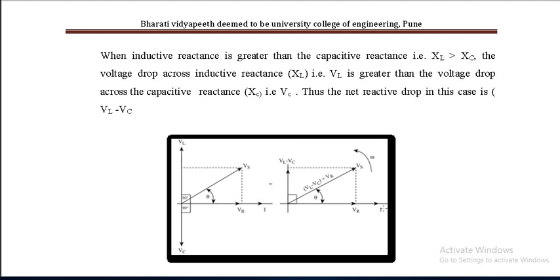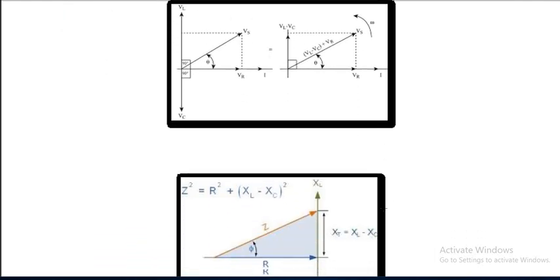Now let us consider this voltage triangle first. In the voltage triangle, it was VL minus VC over here, and VR over here. If I substitute IR over here, I times XL minus XC over here, and IZ over here, all the I's cancel, and I get R, XL minus XC, and this results in Z, where Z square is equal to R square plus XL minus XC whole square. And of course phi is equal to tan inverse of, now instead of XL or XC by R, it will be XL minus XC upon R.